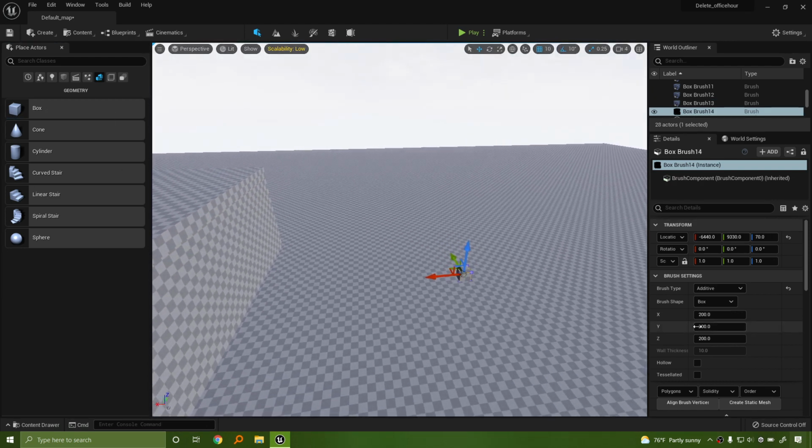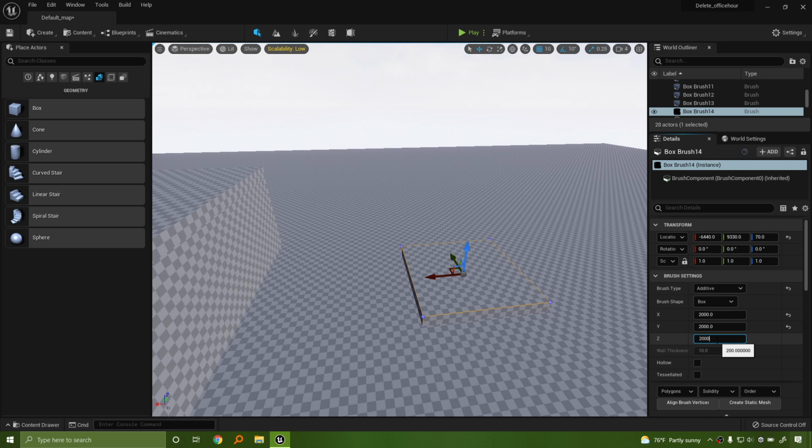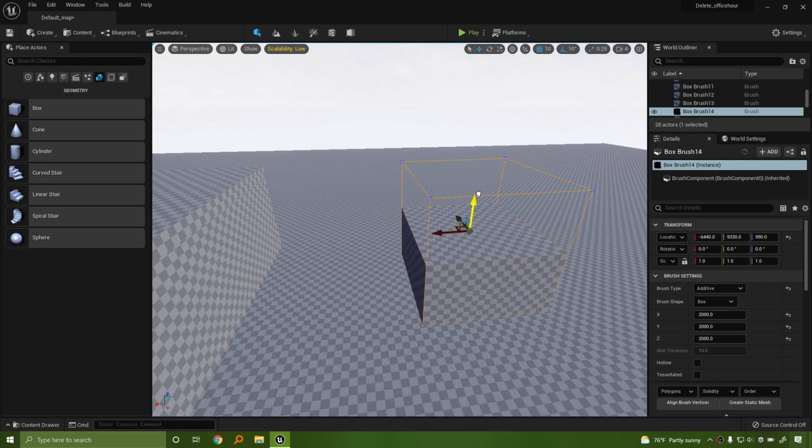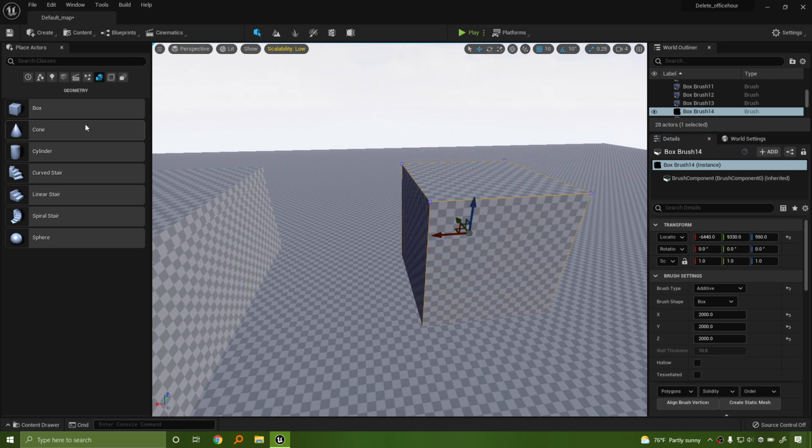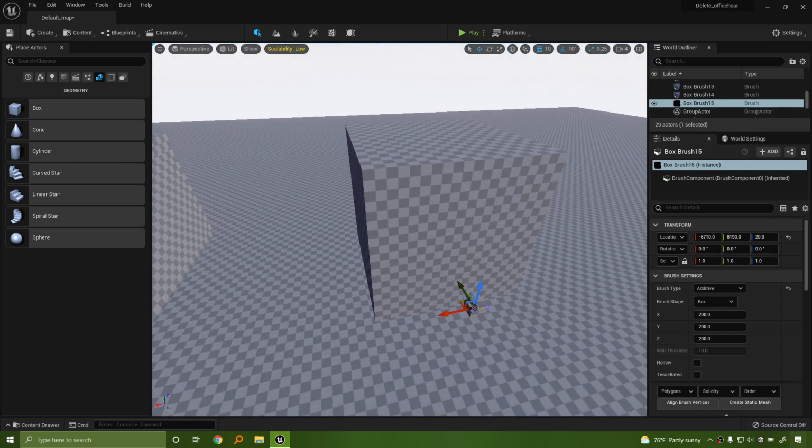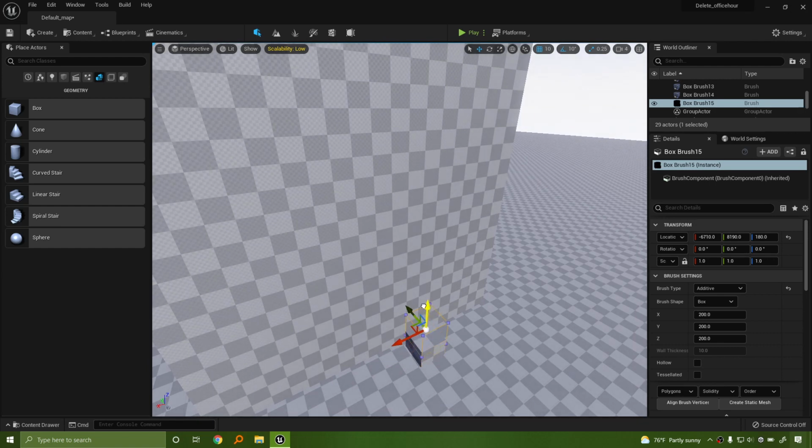If we have a box, and I'm going to set this up fairly large, let's do 2000 by 2000 by 2000. And I'm going to put another box inside of it here. Let me bring that over here. And let's pretend that this is like a door.